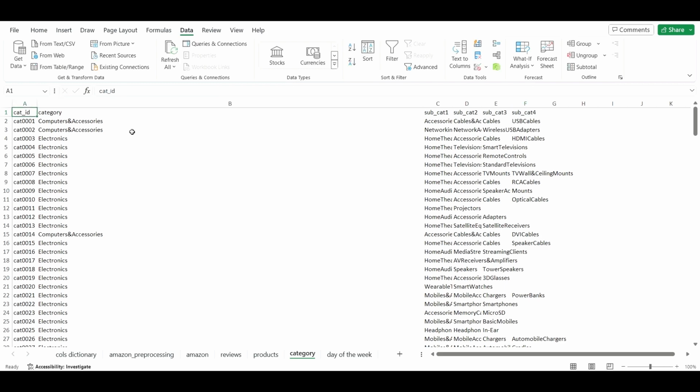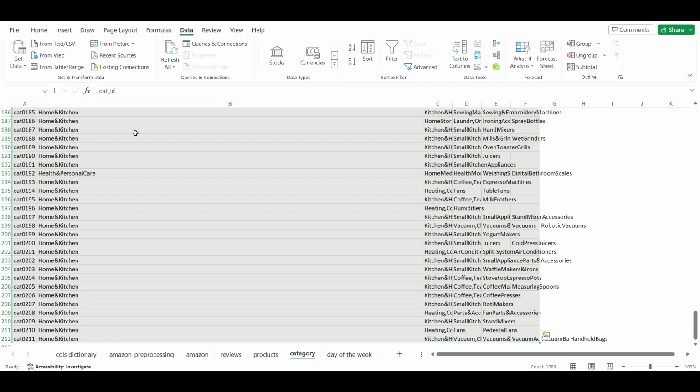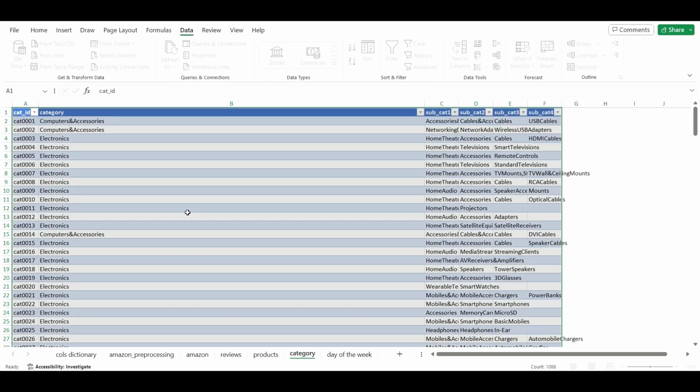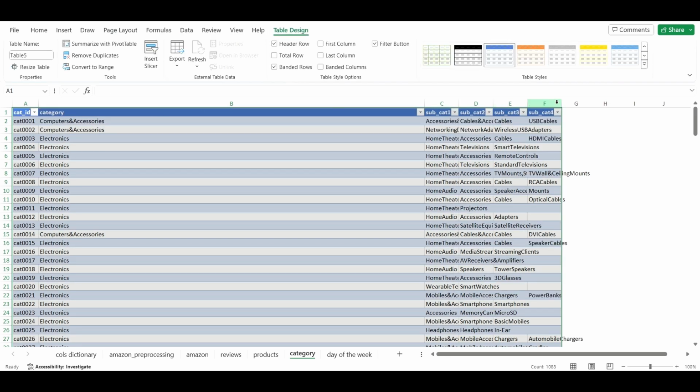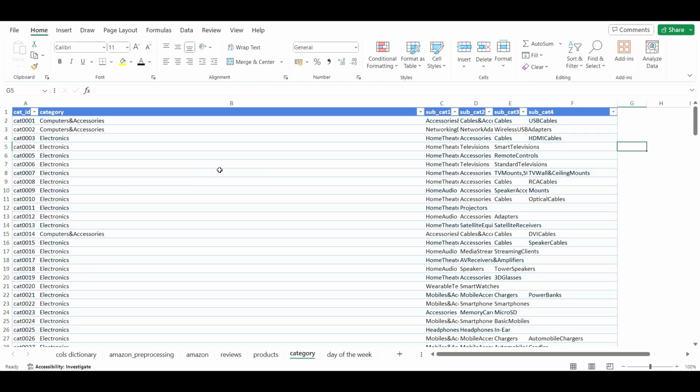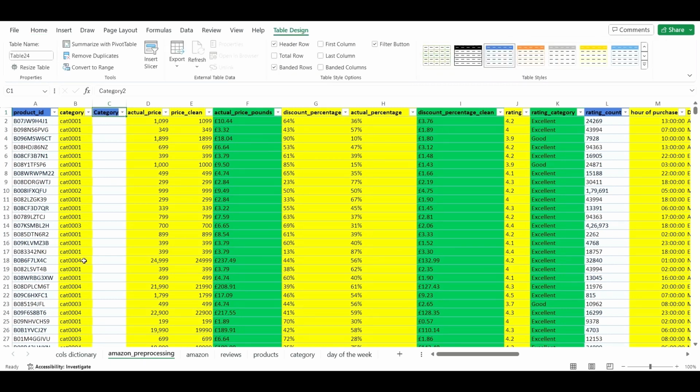Okay, so now we're going to make this a table. So Control Shift right, and then press down, and then Control T to make it a table. My table has headers. Then we're going to double click so we can see all the information clearly. Okay, great. So now we're going to go back to the pre-processing worksheet and we're going to apply the same